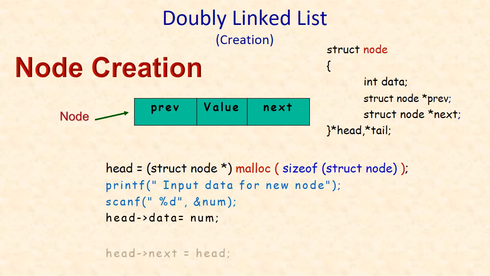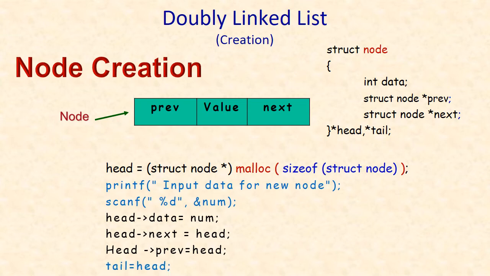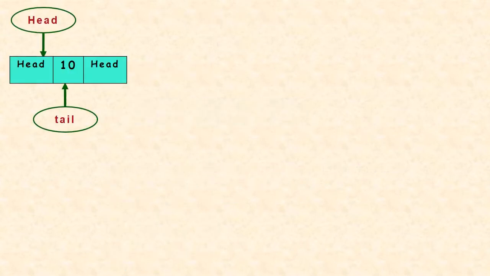After that, what will I do now? We will have only one node now. This is only the first node, so there are no further nodes. That is why head next will point to the same head and head previous will point to the same head. Same node. And since we do not have two or more nodes, both the pointers head and tail will point to the same node. That is why tail is equal to head. See here, you are seeing a node being pointed to by both head and tail. Two pointers are pointing to the same node.